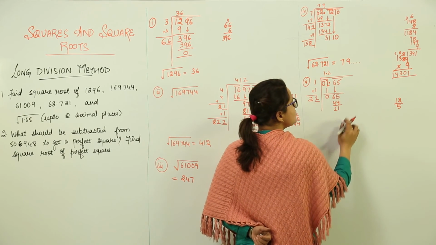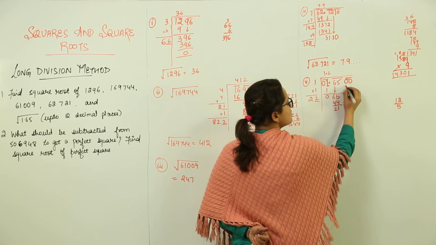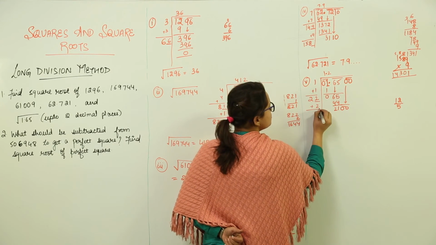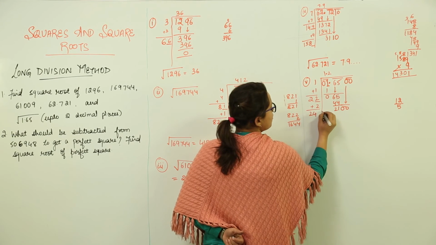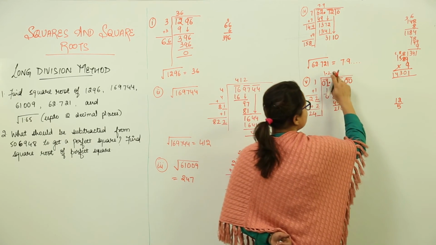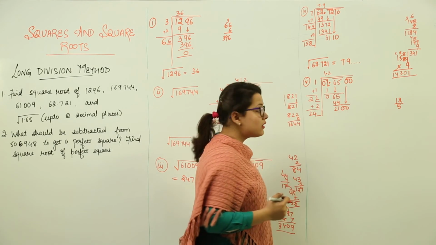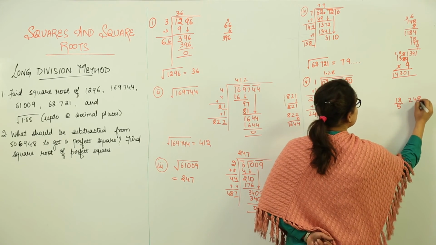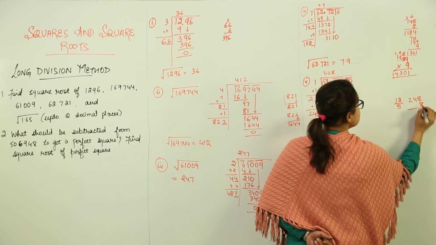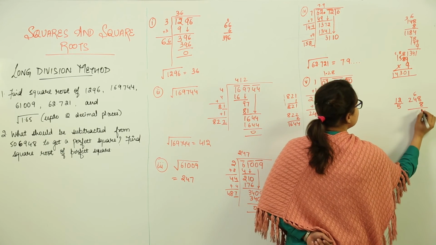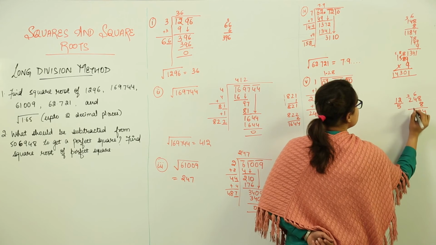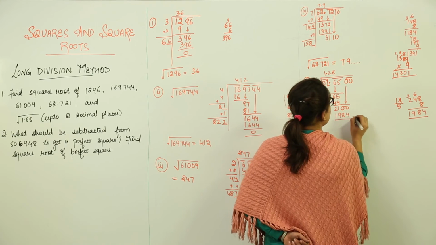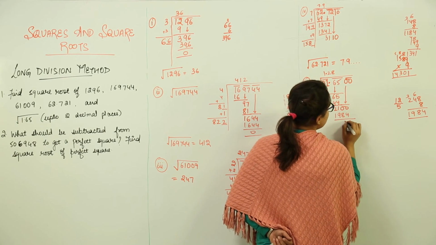And how are we going to continue now? We will add a pair of zeros. So that will leave us with 2100. Next we are supposed to add 2 with the same, 2 and 4. Again, what should we take here and here to get 2100 or lesser than 2100? We will be taking 8. Why? Because 248 into 8 will give us 8 8s are 64, 6, 8 4s are 32, 32 plus 6 is 38, 8 2s are 16 plus 3 is 19. Right? We get 1984. The remainder: 10 minus 4 is 6, 9 minus 8 is 1.